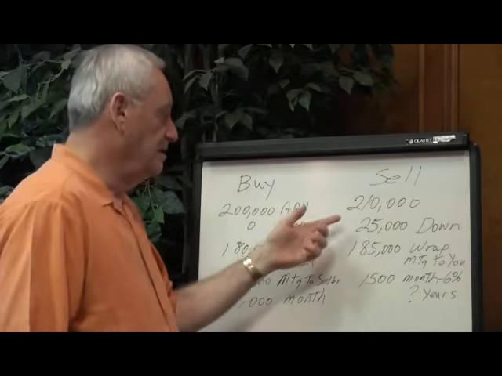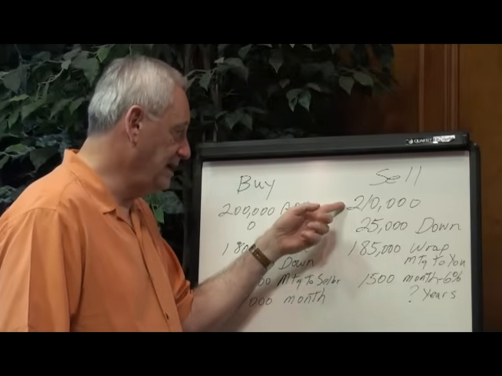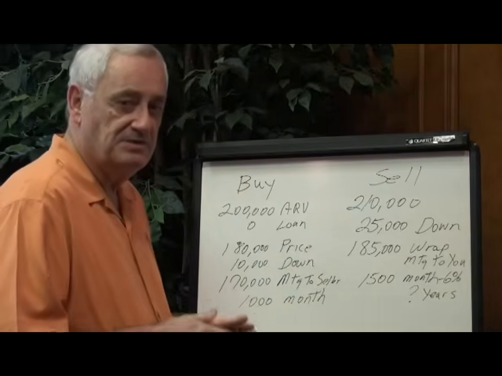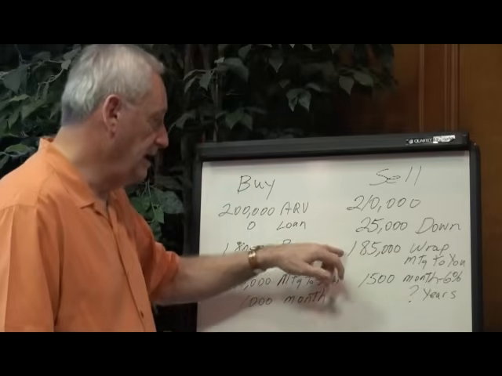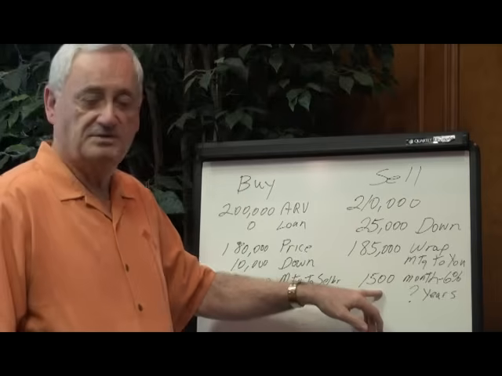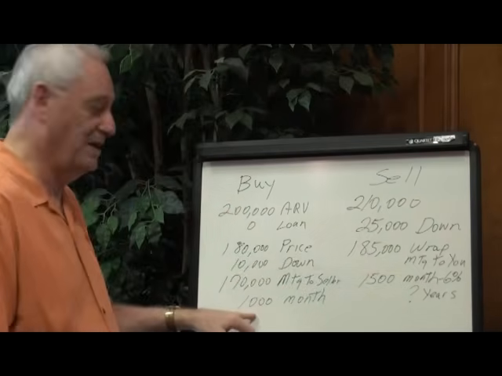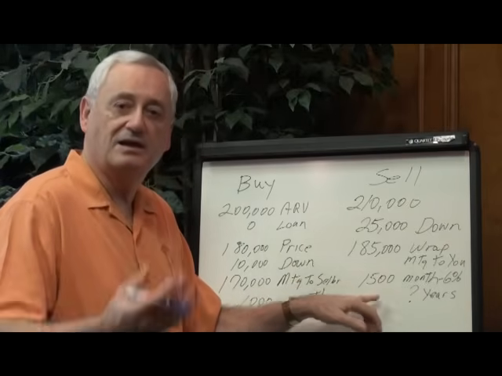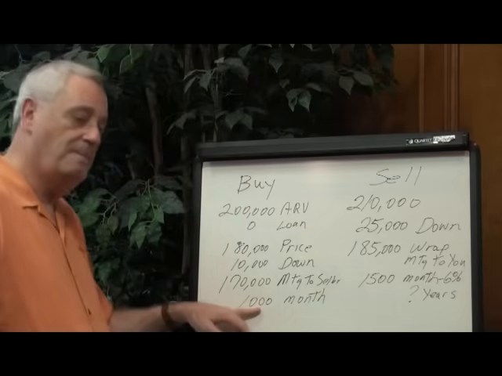Here they come. I take $25,000 down, which means if I sell it for $210,000, they owe me $185,000. So I write a contract up that says I'll sell it to you for $210,000. You'll give me $25,000 down at closing, and you'll owe me $185,000 at $1,500 a month. So you always want to make sure that the incoming payment is larger than your outgoing payment. So from that point on, I'll start collecting payments of $1,500 a month, of which I will pay $1,000